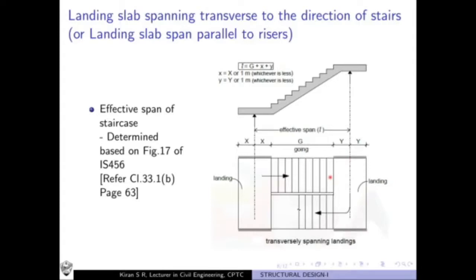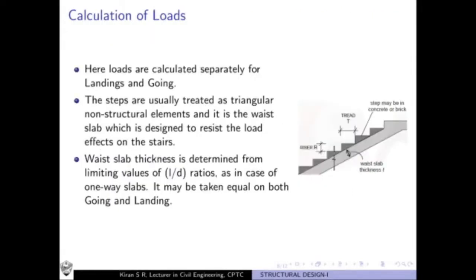And how to measure the effective span in this case is decided based on figure 17 in IS 456. You just refer to this clause 33.1b, page 63. Now once you have decided how your staircase is going to be, and you have determined the effective span of the staircase, which would be designed as a one-way slab itself,